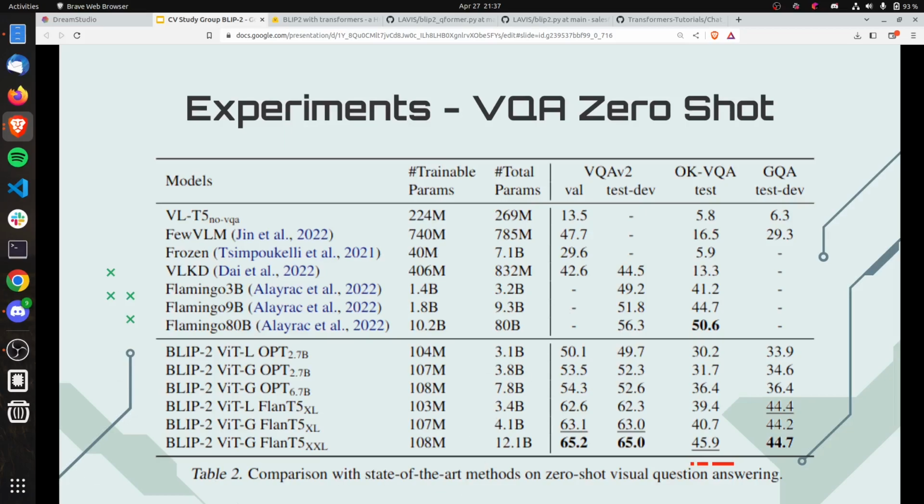Yeah, and then of course they have the experiment results, right? So here they've got it on visual question answering with zero-shot. So basically they have not fine-tuned anything. It's just after the pre-training that they validated. And one thing you can see here is that when the model sizes get bigger, the performance gets better, which is something that you might expect. Yeah, it really is like that. That's what these tables say, and then they say, okay, they can outperform bigger models, way bigger models actually, in a lot of these tasks.